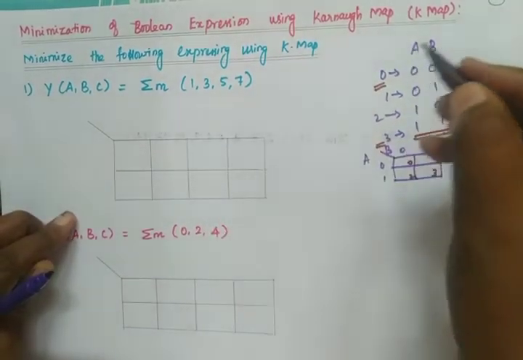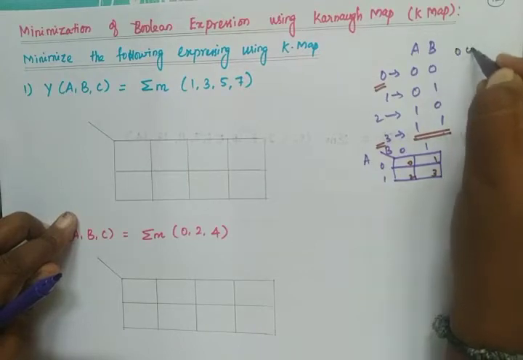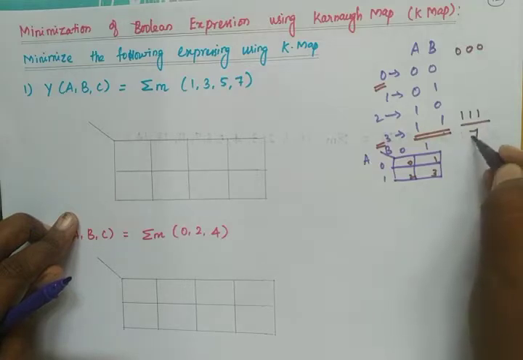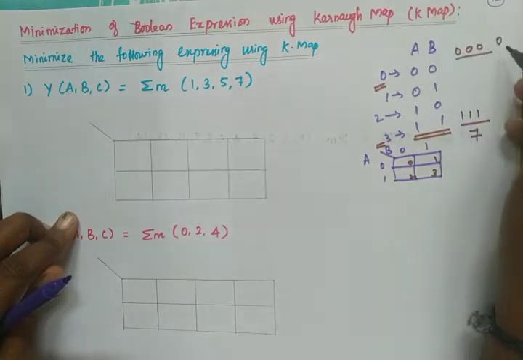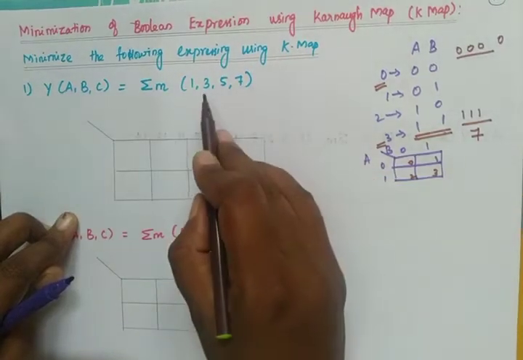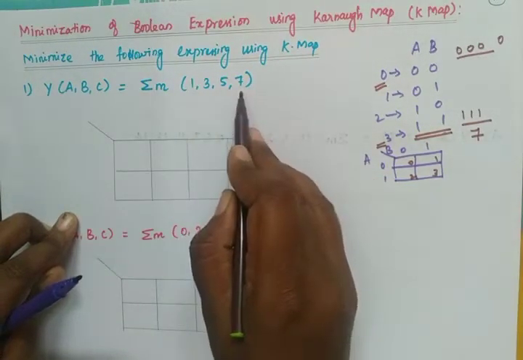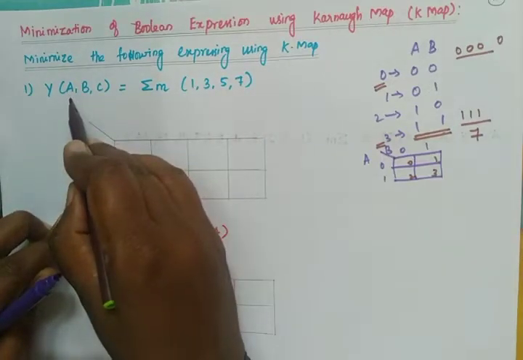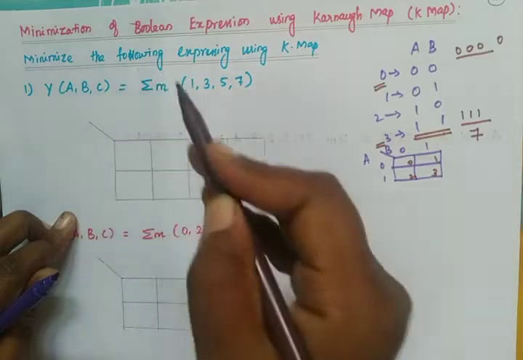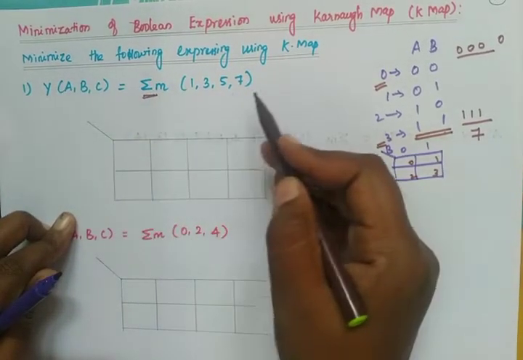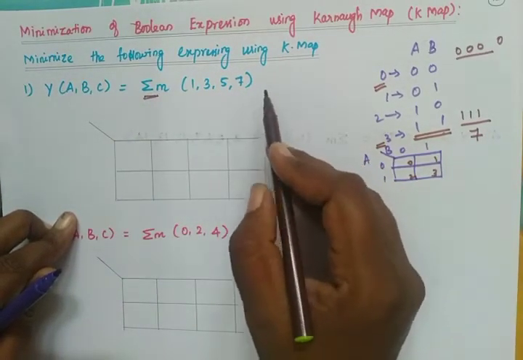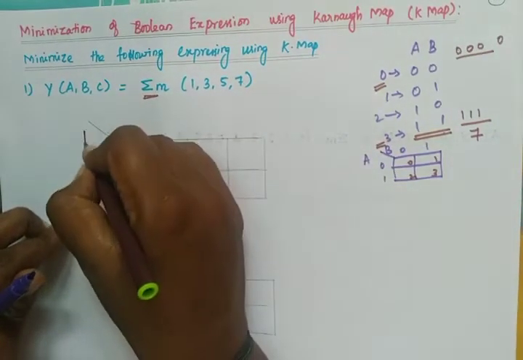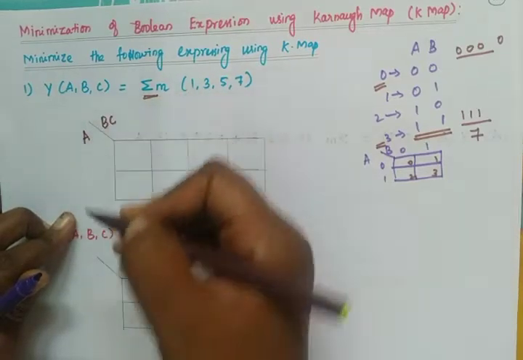If it is three variable, the number starts from 000 to 111. The equivalent decimal for this is 7, and for this is 0. So it goes from 0 to 7, and from this we can understand this is a three variable. And here in the question we have Y equal to a function of A, B, C, that is three variables. And here they have mentioned summation, so we can understand that this is sum of products, or we can say minterms. Here we have three variables: one is A, another one is B, C.